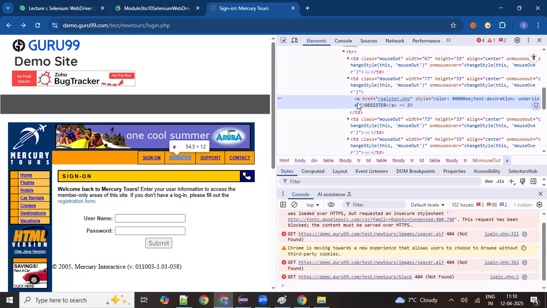It's not present inside the anchor tag, it's present outside. So whatever is outside will be displayed blindly on the HTML screen, or in your browser, you will see it. So with the help of the HTML code, you see register is the